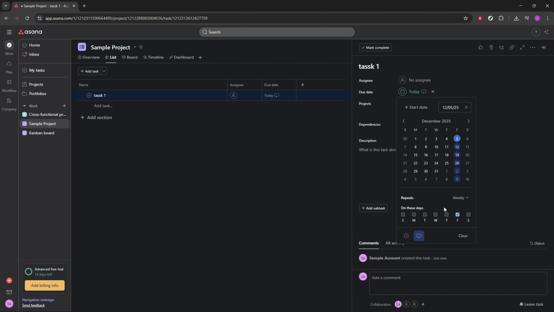That's it. Log in, open your project, add and name your task, open its details, set a due date, turn on repeat, pick the start date, and choose the days. With that in place, your recurring work will show up right when you need it, helping you stay consistent without extra